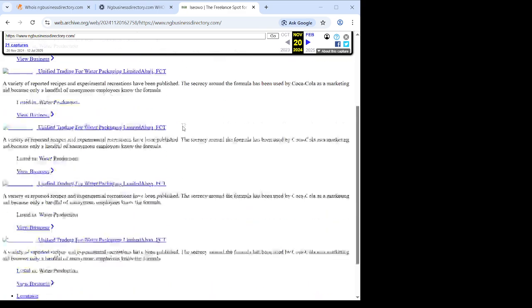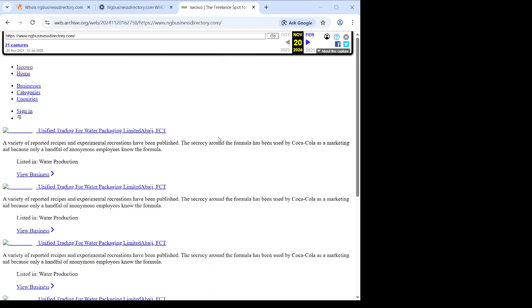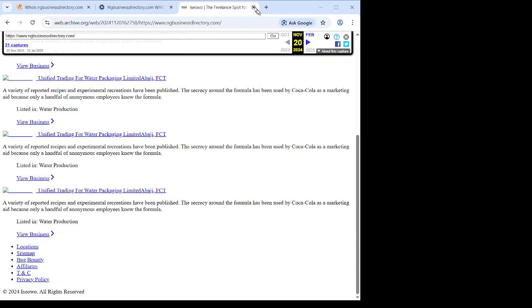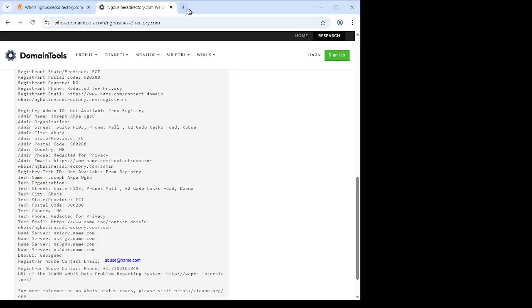So we can actually check if we have phone numbers on the website before. We're not going to look deep into that. So we'll move to the next tool, which is